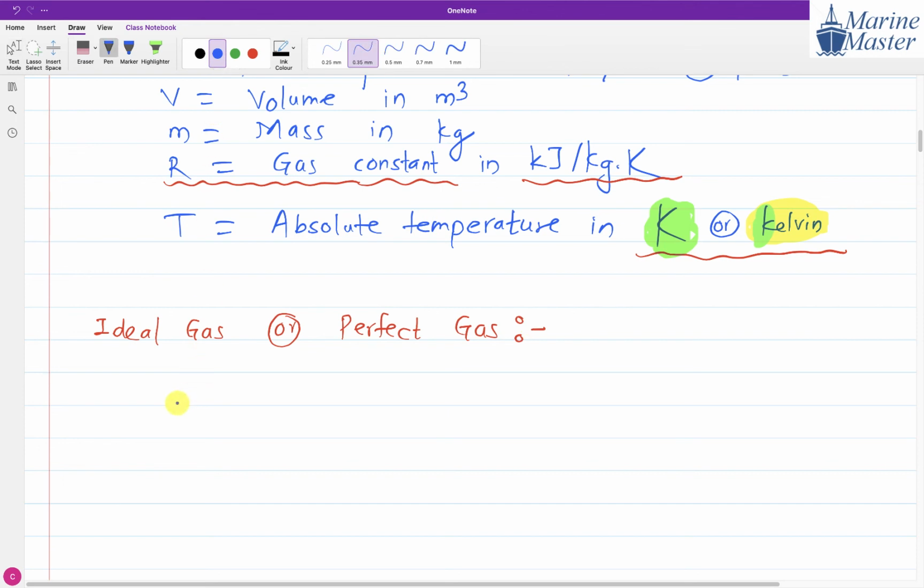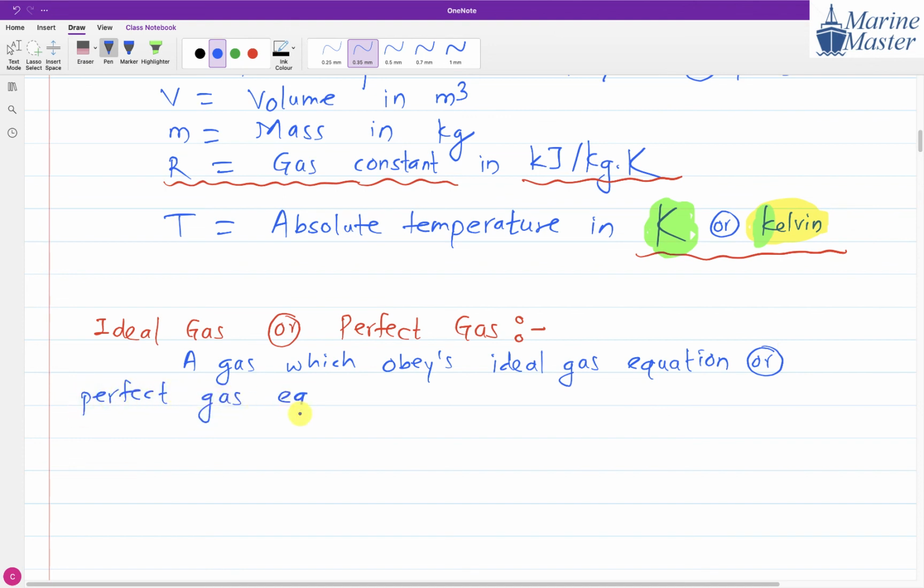Now what is meant by ideal gas or perfect gas? Ideal gas means a gas which obeys the ideal gas equation or perfect gas equation. Ideal gas equation or perfect gas equation, same meaning. A gas which obeys the ideal gas equation or perfect gas equation